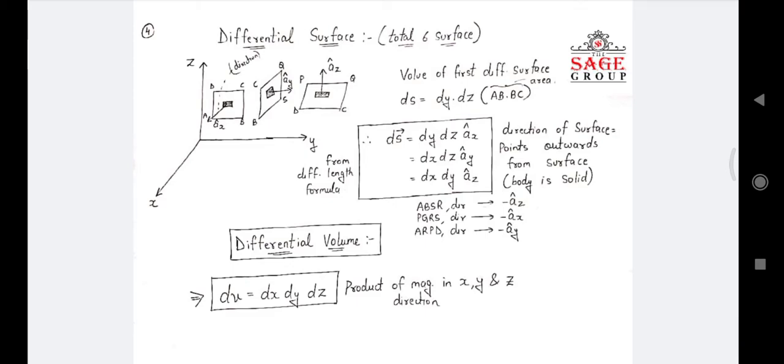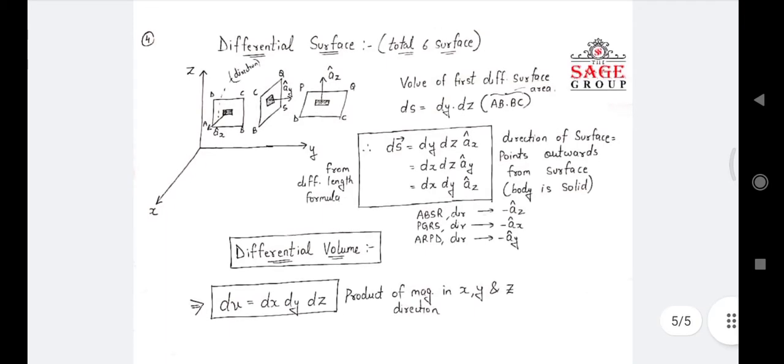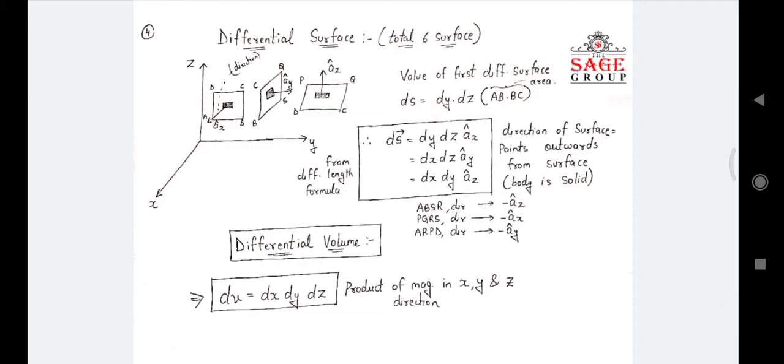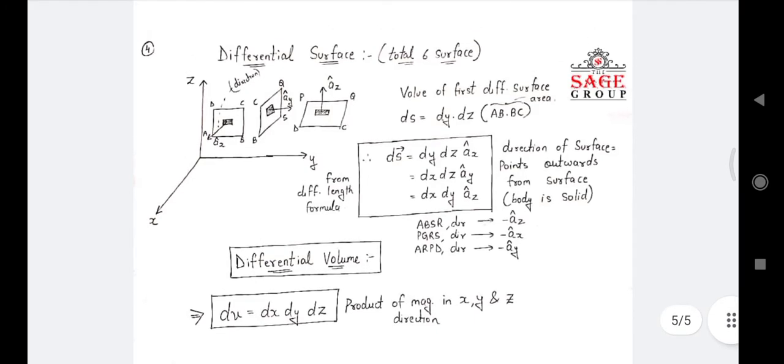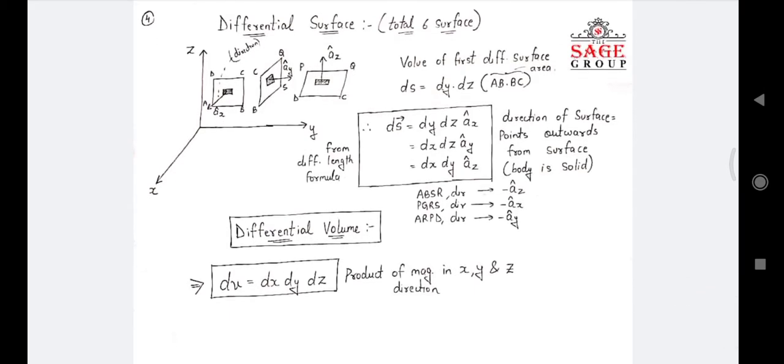What I have taken is the object which you have seen in the differential length part. I have taken three faces of that object. Which faces? One is the front face, that is ABCD, which I have marked over there. Another one is the top face PQCD, and the other one is BSQC, that is the right part of that object. In all three faces, I have made a small surface by that dark square portion.